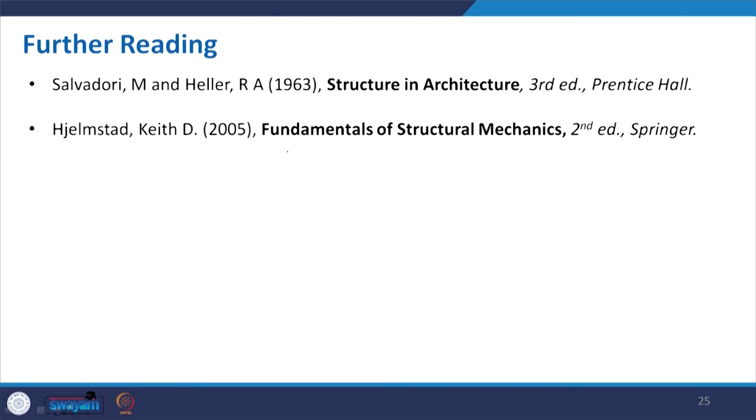So, with this we conclude this particular lecture. These are the study material that have already been given in the other presentation. You may go through these books, and also go through the links given for different pictures, different stories. So, you can get more information from that. With that I conclude here.